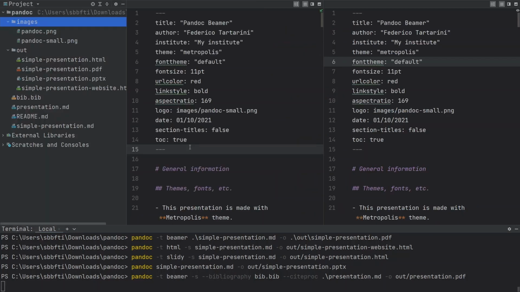I just call it like that. I could have called it bibliography.bib. It is very important that it has the extension of .bib. The name can be any name that you can choose. Then we have the source file, which is presentation.markdown, and the output file. The output file is going to be in the output folder, followed by presentation.pdf. So this is the last file that we're going to generate, and we're going to go over all the commands and all the things that we can specify. I would keep this as the last step.